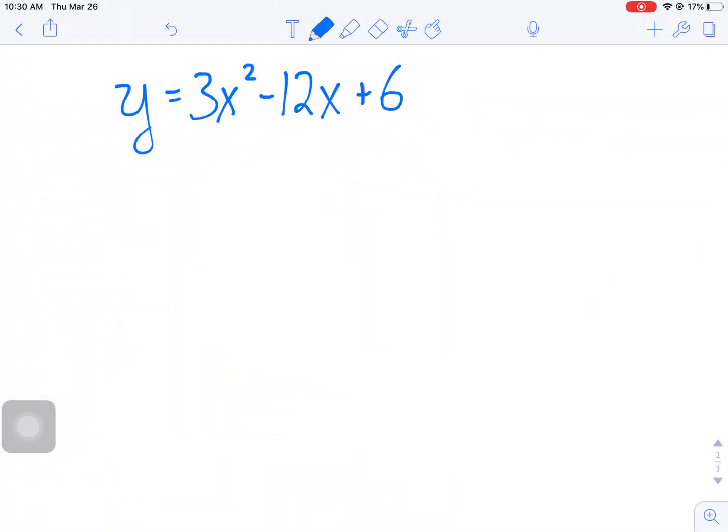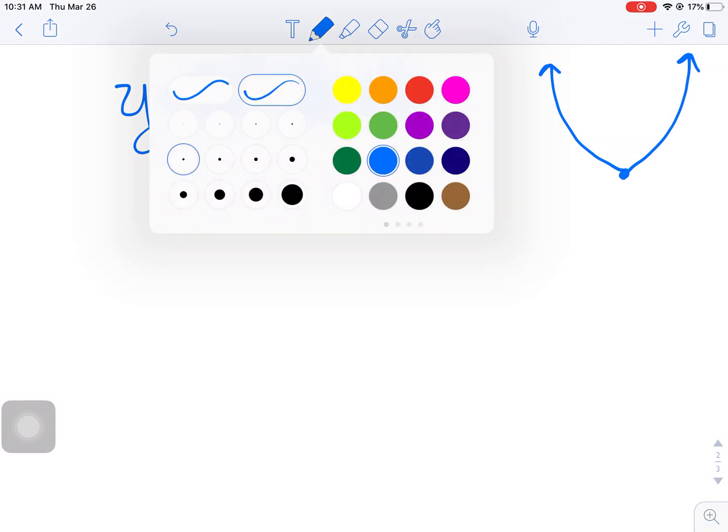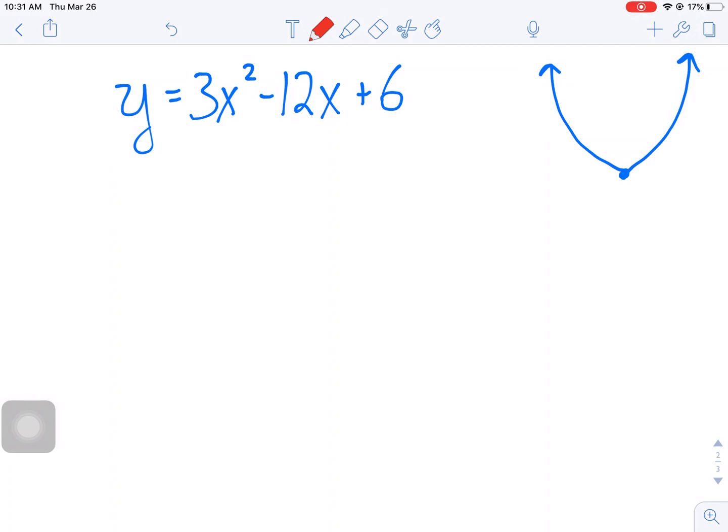This is a video on how to find the axis of symmetry and the vertex. So on the upper right corner, I'm going to draw a picture of our parabola. And in red, in the upper right corner, I'm going to draw what we're going to find first,